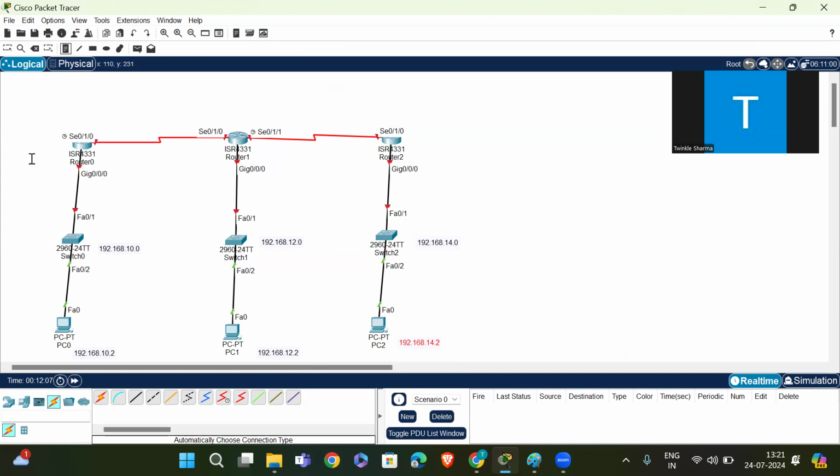Then we have the gateways: 192.168.10.1, 192.168.12.1, and 192.168.14.1.